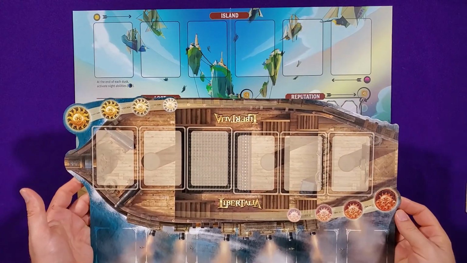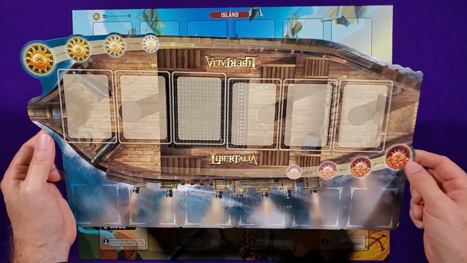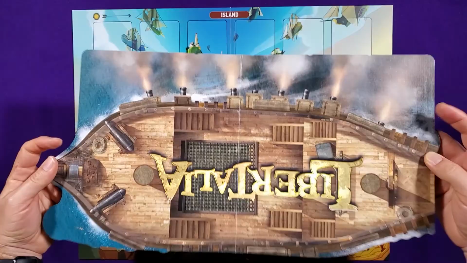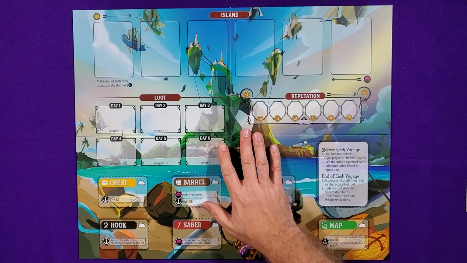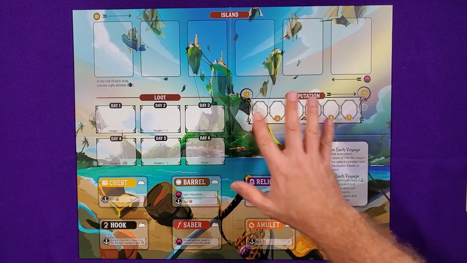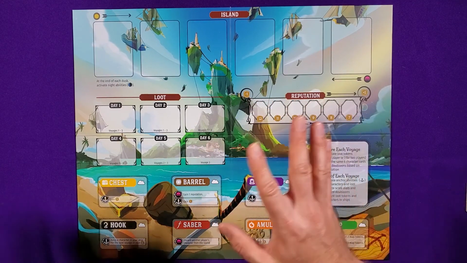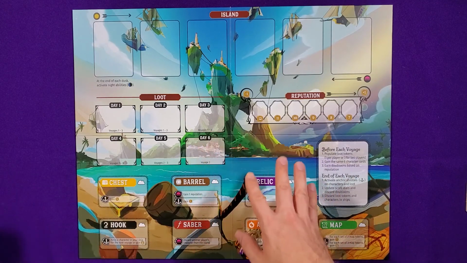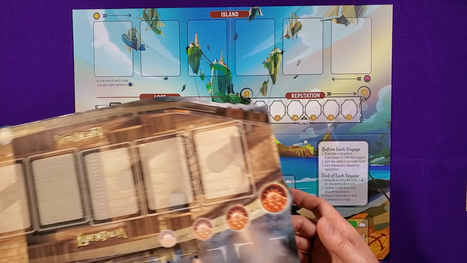And here we have the two main boards. So the original Libertalia looks like this. It has art on the back, but it's not really a two-sided board. The new Libertalia, Winds of Galecrest, is a double-sided board. So there's the calm side, and then there's the stormy side. I'm going to be talking about the calm side here because it most closely matches the experience of the original